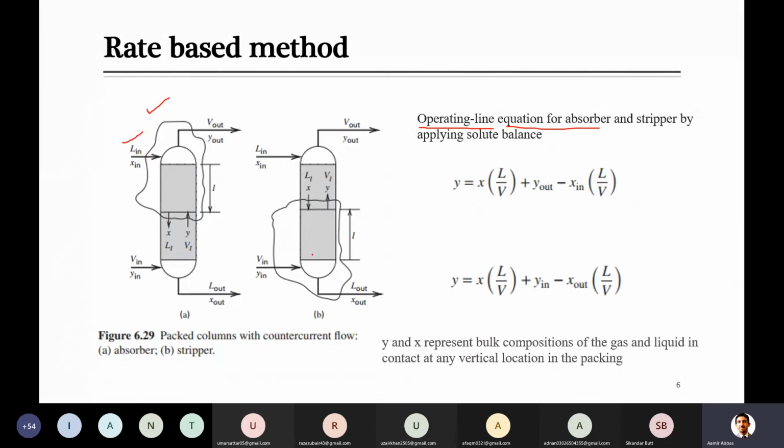Due to this, the top portion is selected here, and here we will select some bottom portion, and we will apply the material balance on some solute which we want to remove. If you remember, solute balance was used for the absorber and stripper in the case of tray tower also. So here, when we apply the material balance on some solute, for example, its concentration in the liquid